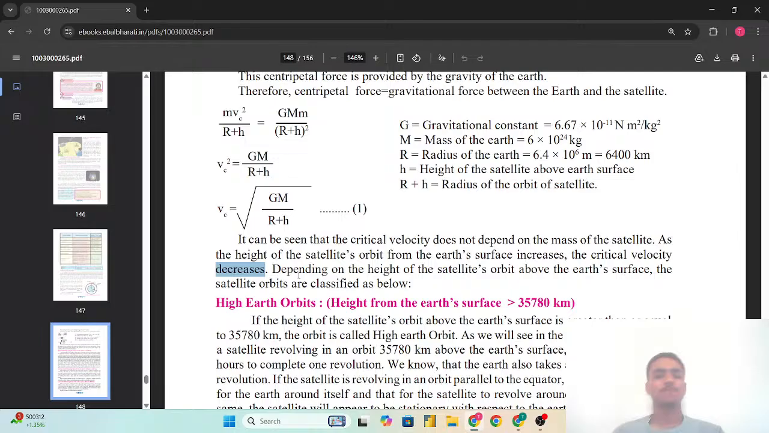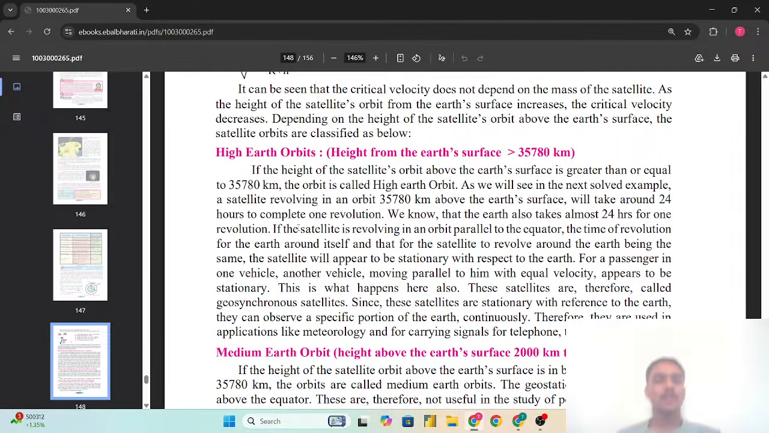Depending on the heights of the satellite's orbit above the Earth's surface, the satellite orbits are classified as below. Depending on the height, different orbits have been classified, which we will see below. Till now, if you have any doubts related to the content that we have seen in this chapter so far, so you can